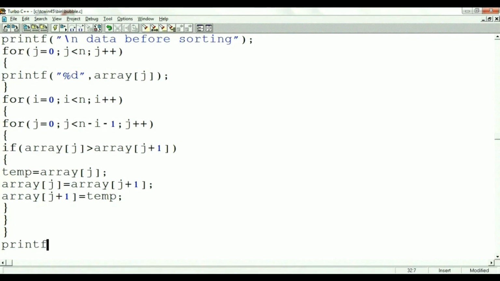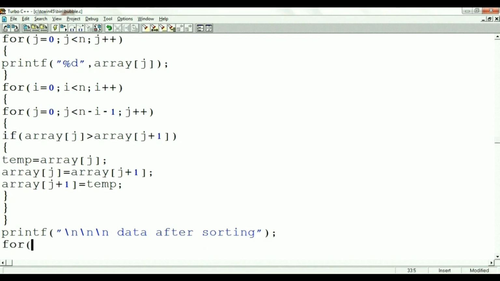Then printf within the double quotation \n to get the output in new line. Data after sorting. Closing of the double quotation. For j equal to 0, j less than n, j plus plus.